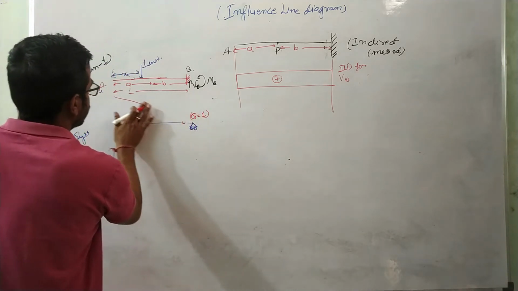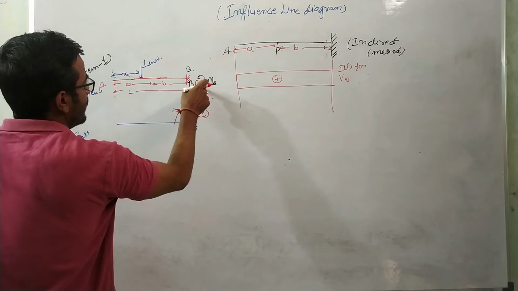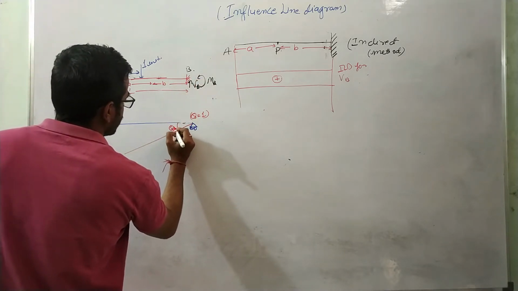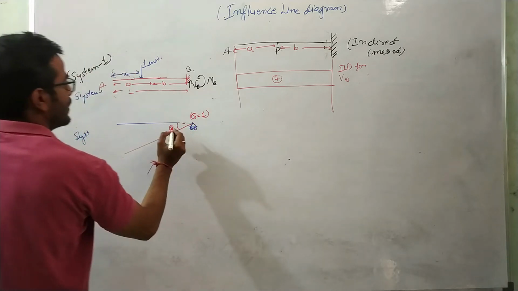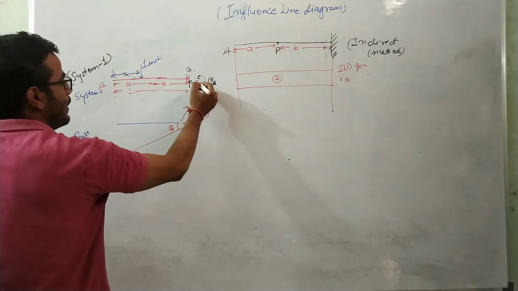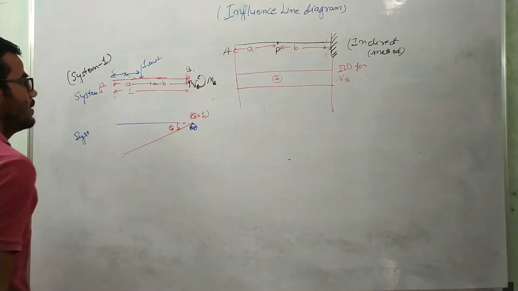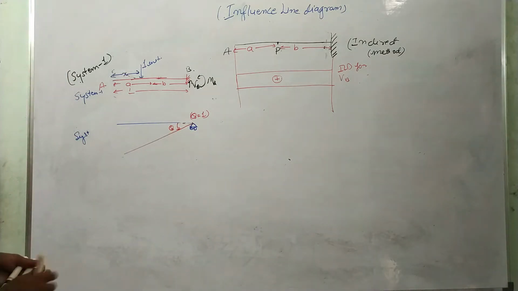or you can say, what is the direction of this moment? This is MB, so the theta direction will look like this. So this is theta, which is equal to unity, in the direction of MB. MB direction is like this, so I'm giving the unit displacement in this direction only. Okay. Now, this theta is unit, right?